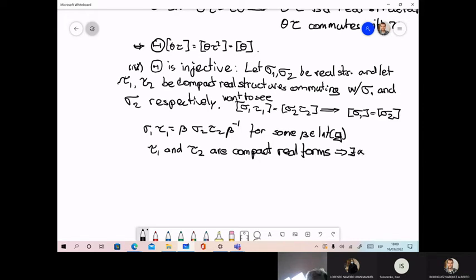Thus, there exists alpha, which is tau 2 tau 1 squared to the minus 1/4, such that tau 2, I think, is alpha tau 1 alpha to the minus 1. And now one has that